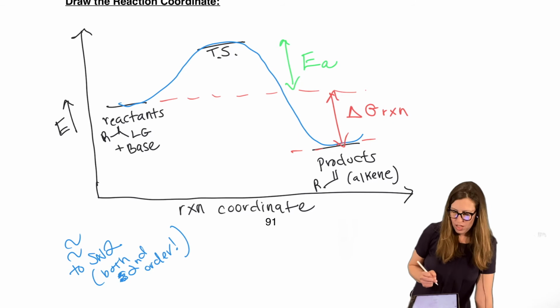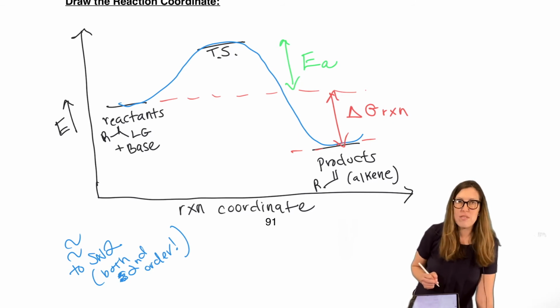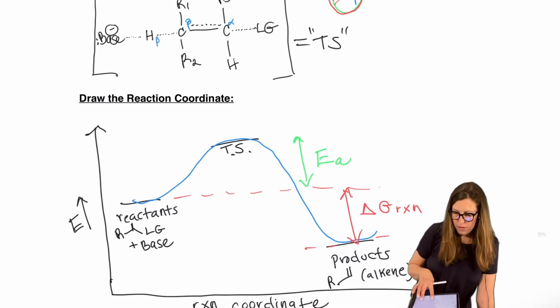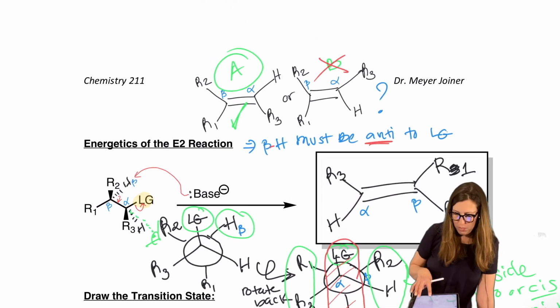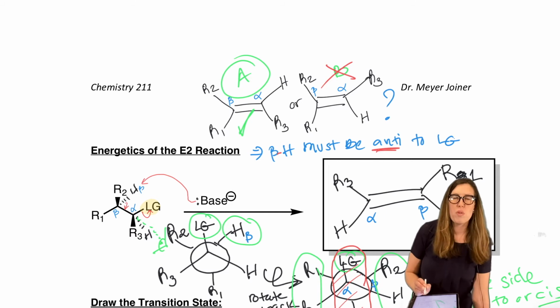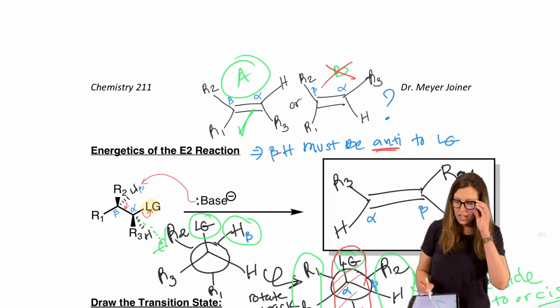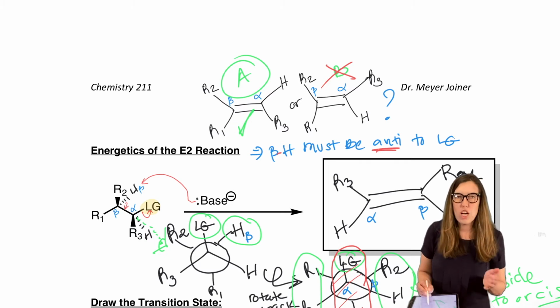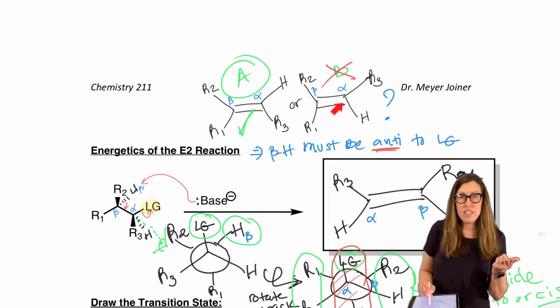Okay. Similar but different. Don't worry, we'll do a cross comparison at the very, very end, but it'll be more helpful to look at this separately first. Okay, so we've talked about when we have to really think about what our product's going to look like. We just don't willy-nilly make an alkene and call it a day. We've got to think about where it's going to go. So like we saw here, there were two possible geometries for the alkene. And so that's a special consideration that might require Newman.